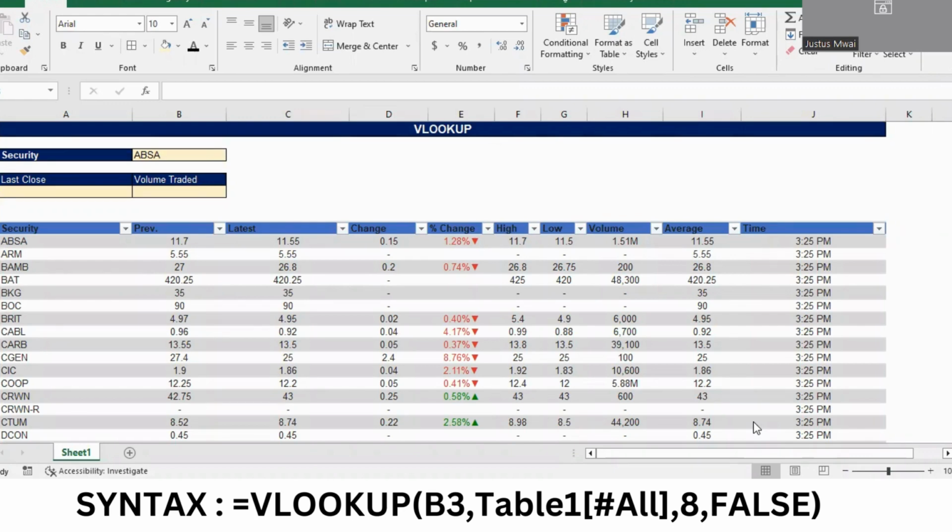The VLOOKUP function is the vertical lookup function, and it's used to search for specific values in the leftmost column of a given table or range, and helps you to retrieve corresponding values from a specified column in that range. The basic syntax for this is the function itself, that is equals VLOOKUP, then the lookup value,